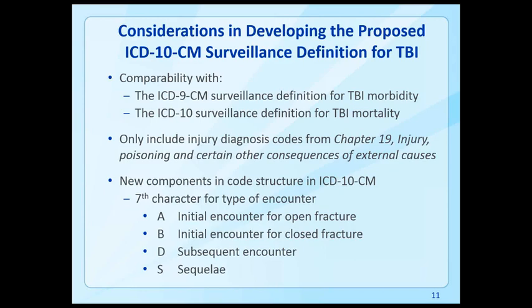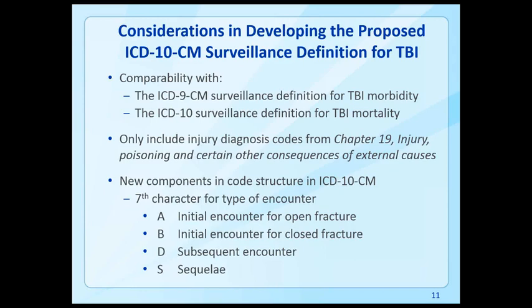There are other codes in the ICD-10-CM world that talk about signs and symptoms. And so sometimes it's a Glasgow coma score. There's other things about temporary loss of consciousness, that type of thing. But those are signs and symptoms. They aren't really a full injury diagnosis. So for the purposes of this initial proposed definition, we made the choice to only use those injury diagnosis codes that were in Chapter 19. So all of the codes that you'll see that we propose start either with the letter S or the letter T.